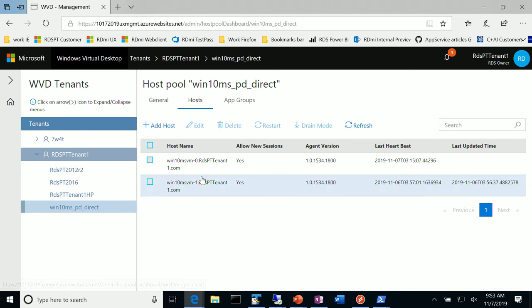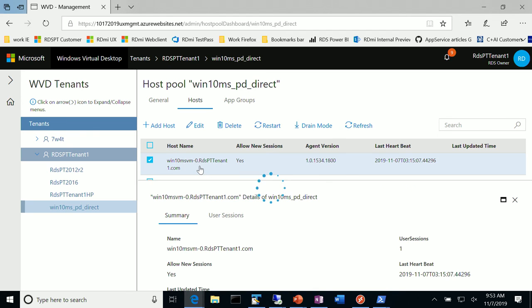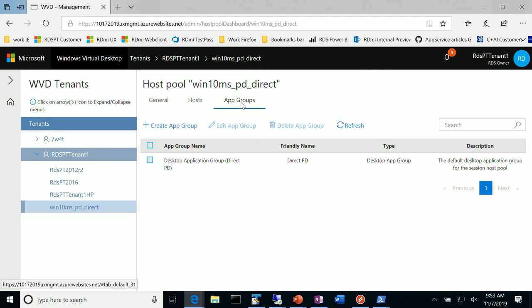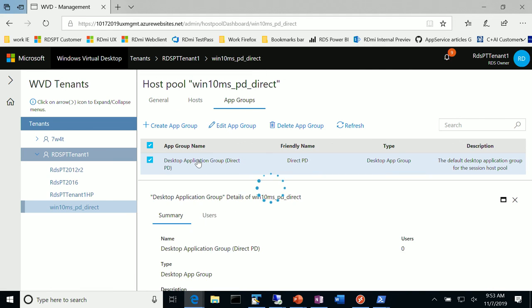Inside this host pool, as you saw earlier, there are 2 session hosts running, and you can add users through the app groups there, or you can look at who all the users are that are available, and you can do essential daily management like app management and user management through our management UI.